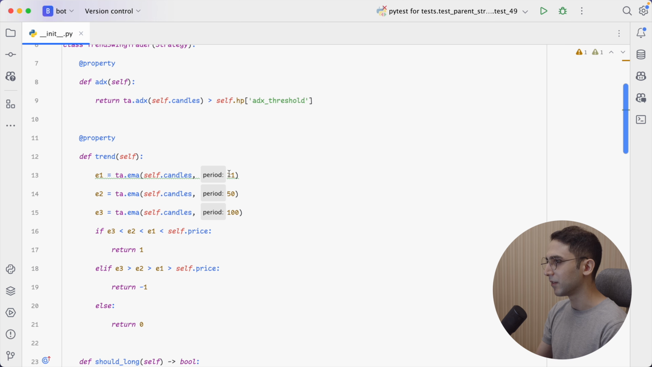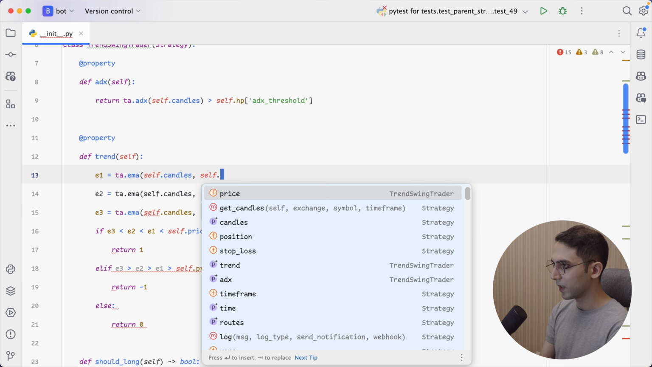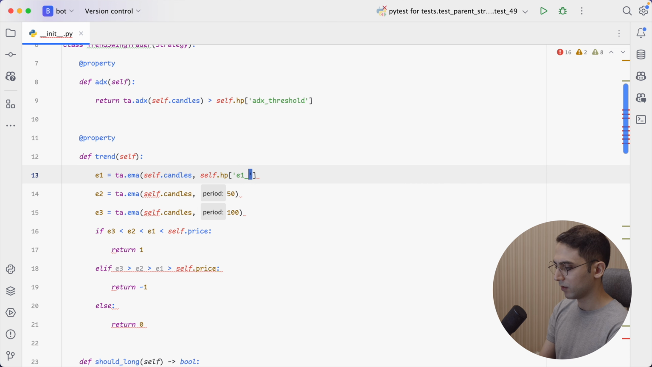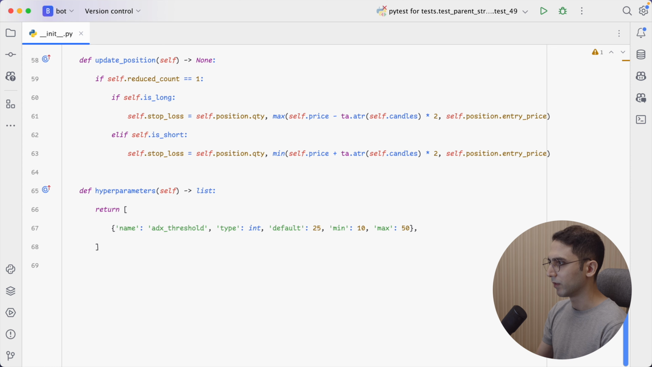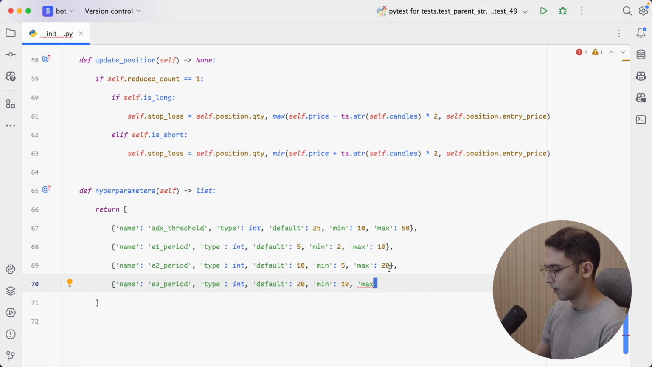We also have EMA values. So instead of this one, I'm gonna say self.hp e1_period. I'm gonna have e2_period and e3_period. Now I will go here and add, okay, so this looks fine, but it's not perfect. So the default value for the E1 was 21. That means the min of it should not be 2, it should be 10, the max should be 40,